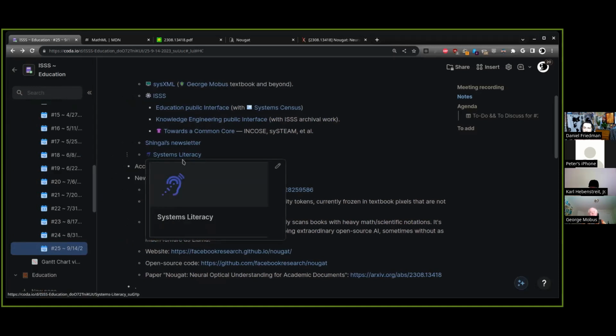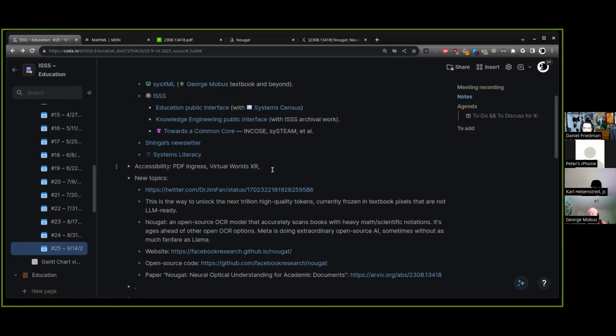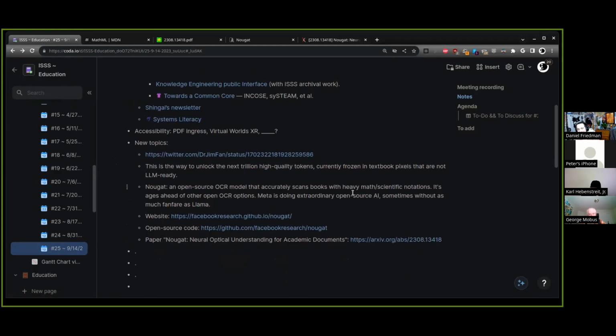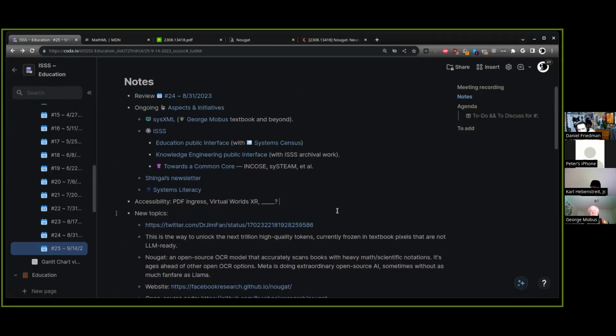What were the three issues? You said PDFs, virtual worlds, two of them. Is there a third one? The third one, there's always another thing to consider. Exactly. Yeah, you can model an N-dimensional open system with an N+1 closed system. Which one to add though? Yeah, you add one and you double the number of relationships. I mean, that's Pascal's triangle, but of course I'm preaching to the choir here.